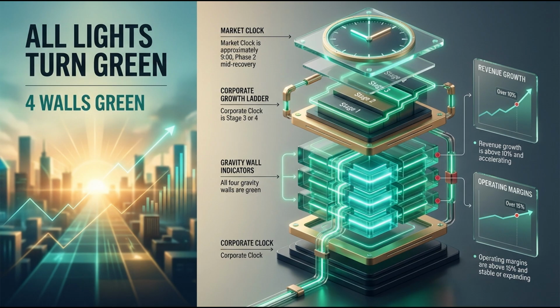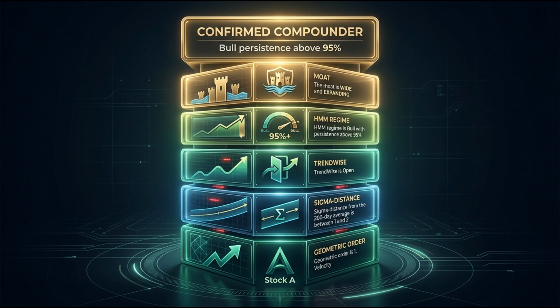The Shannon entropy is situated in a normal regime, indicating healthy, diversified information processing. The economic moat is classified as both wide and expanding. The long bull blueprint confirms a compounding match, formally categorizing the asset as a compounder. I plant my flag firmly on stock A. This is what pure, unadulterated conviction looks like, when all 7 independent buy conditions align with mathematical perfection. It's undeniably impressive on paper.